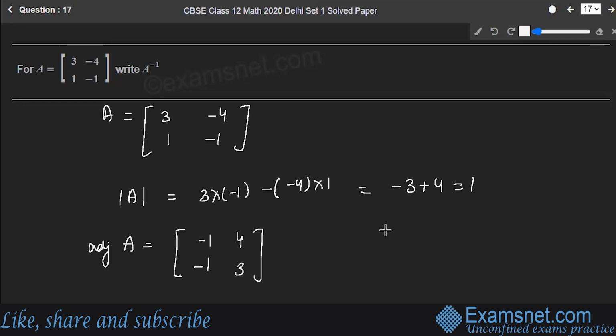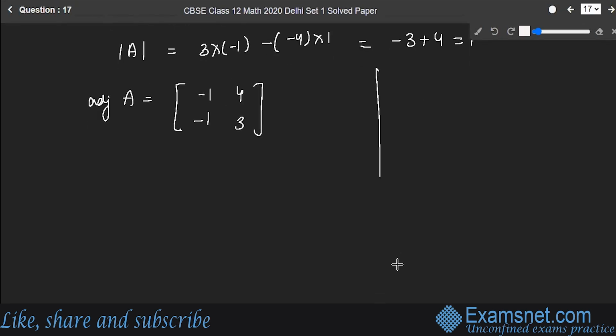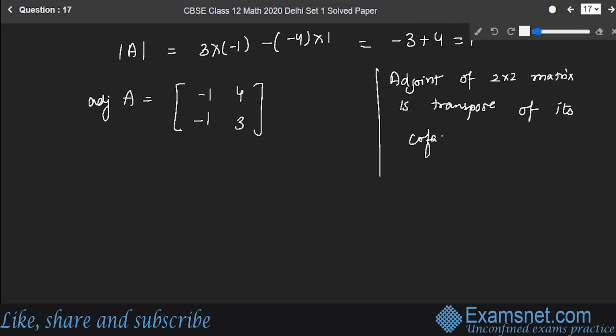This is a shortcut because in the papers, you don't have so much time. I'll quickly discuss how you can find the adjoint very easily for a 2 by 2 matrix. See, please note it down, the adjoint of a 2 by 2 matrix is the transpose of its cofactor matrix. Or I will tell you a very simple way to do this. See, the adjoint of any matrix A,